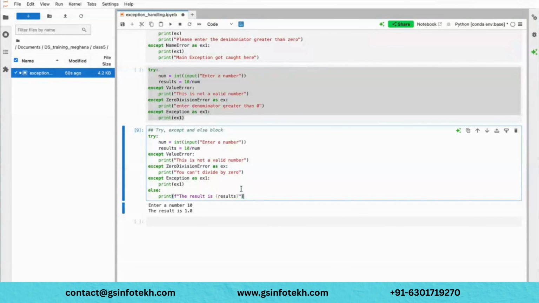So if you don't have any errors, what are the next steps? You can just enter into an else block. So it's just like if and else. If the error is there, you can handle it or print it, or you can go for an else block. Clear? So that's the use of the else block. Just remember it in such a way: if and else.